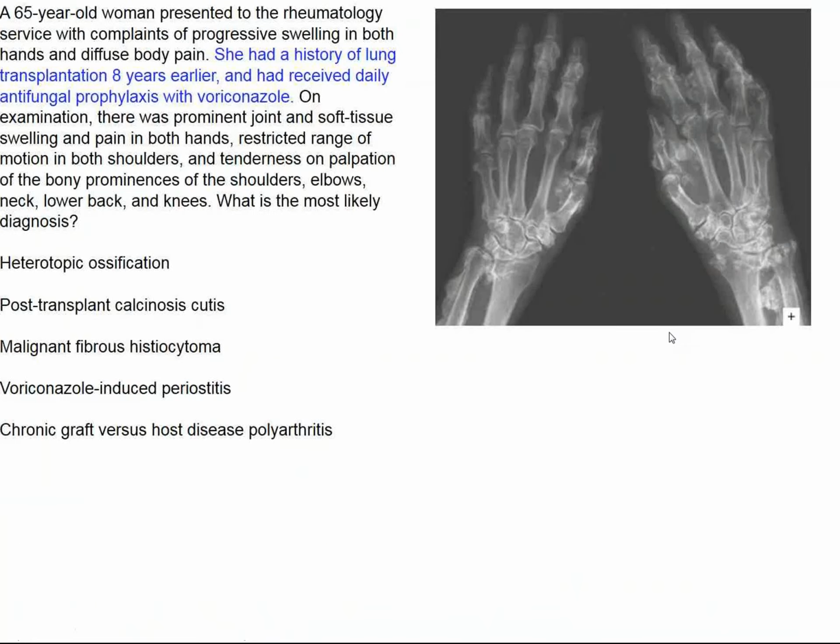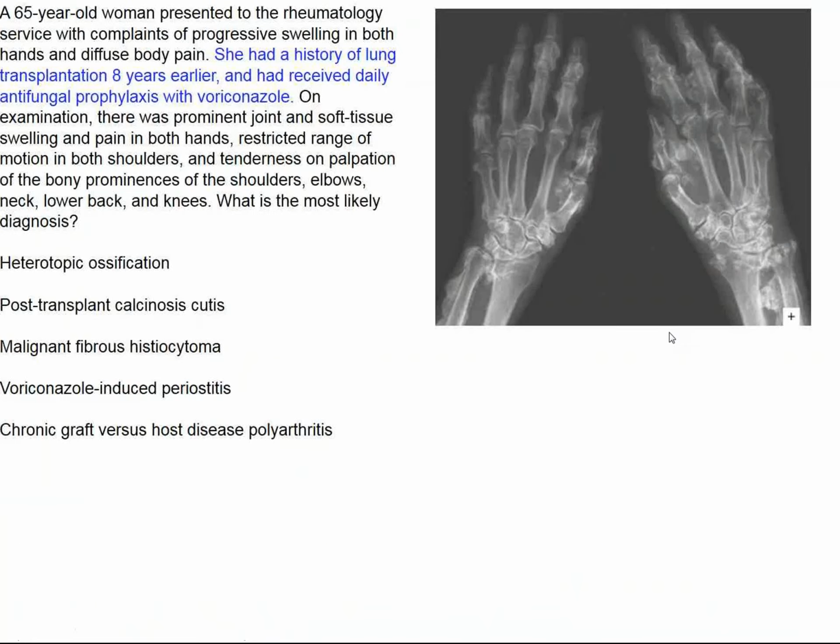remarkable ossifications or calcifications, not always adjacent to joints, but adjacent to the metacarpals and the phalanges and to the tips of the fingers, and also here adjacent to the ulna, and in the other hand, the same kind of remarkable ossifications. I've never seen anything like this either. We're offered heterotopic ossification, post-transplant calcinosis cutis, malignant fibrous histiocytoma,